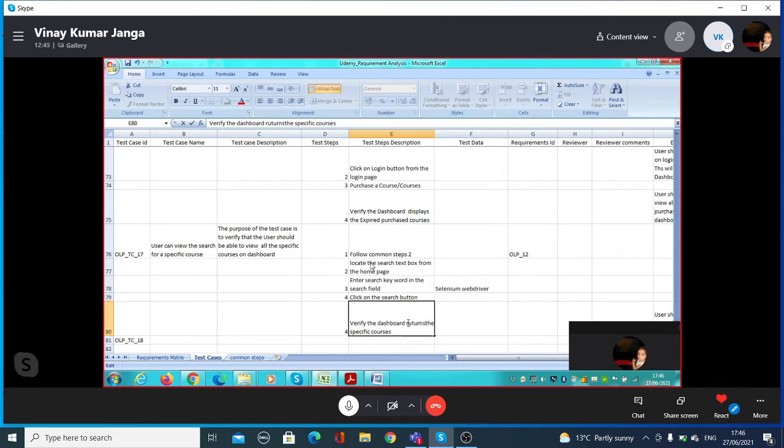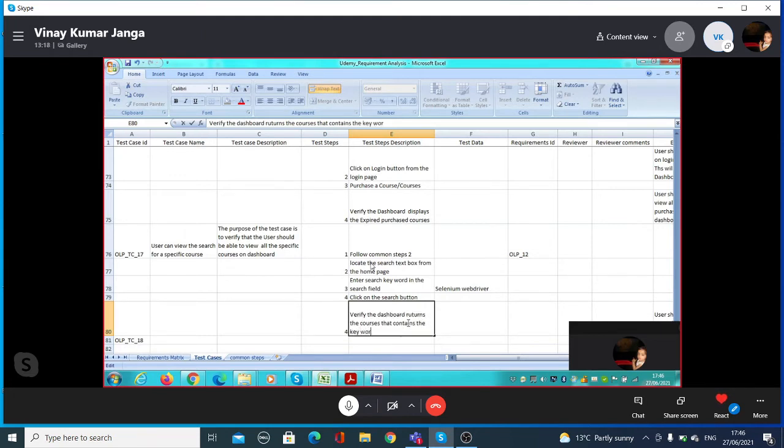Hence, verify the dashboard returns the courses that contain the keyword Selenium WebDriver, or you can reword it in a better way.